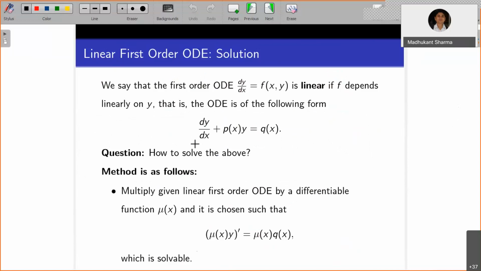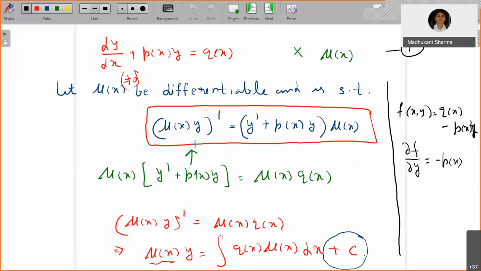Yes, in the starting question, can you explain how you prove the first equation? Means you can define mu(x) and then explain this equation. Can you explain the first equation, the differentiation of mu(x) y? This one, from here? Yeah, the first one. This one.